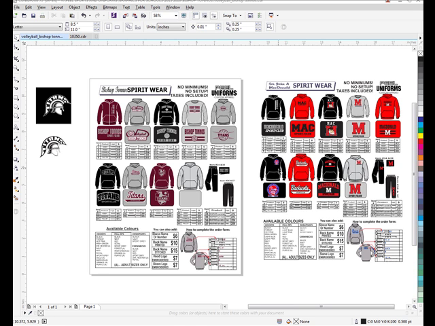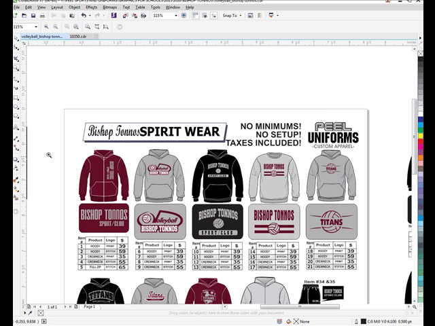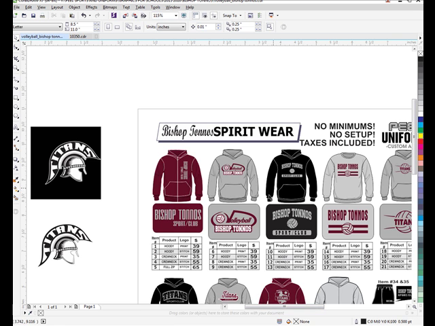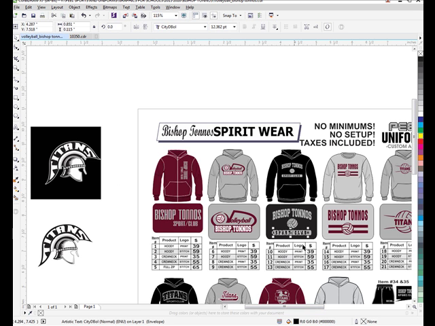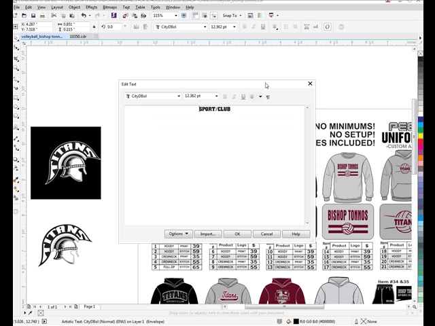Okay, so in using the Sir John A. Macdonald order form as a reference, we're going to make a couple of changes to the order form here. This third item, what we're going to do is incorporate the Titans logo that we have, and in place of the volleyball, we're going to put the Titans logo, and we're actually going to change this to Titans. So if the students choose this option, they are not going to be able to